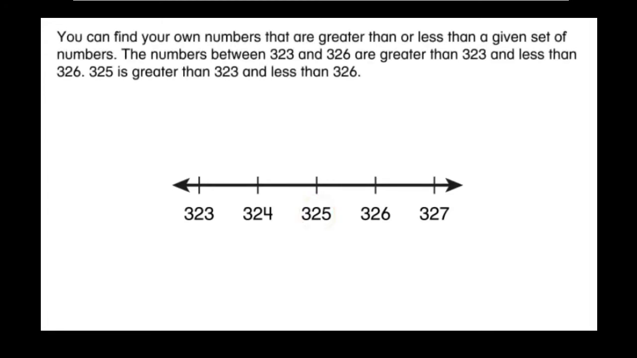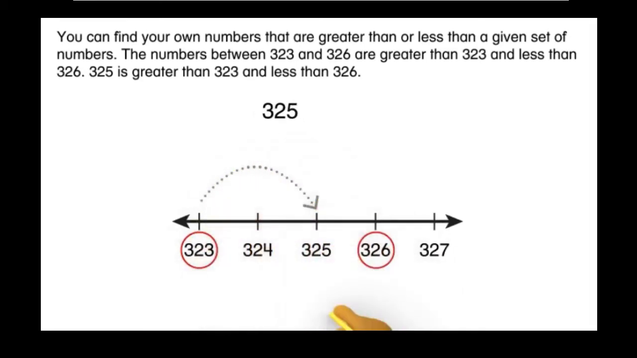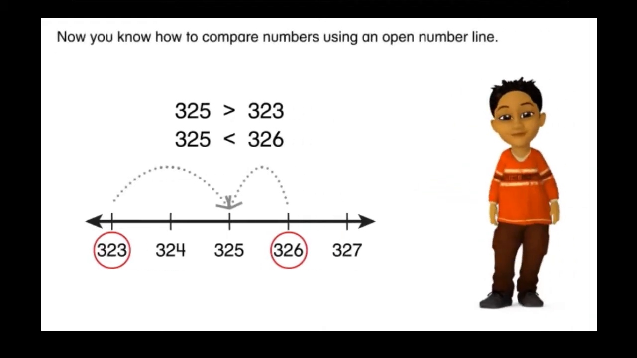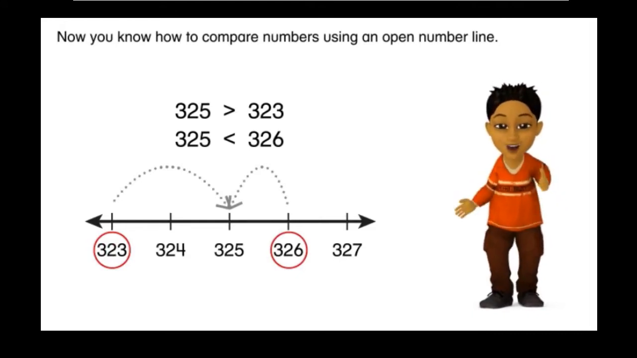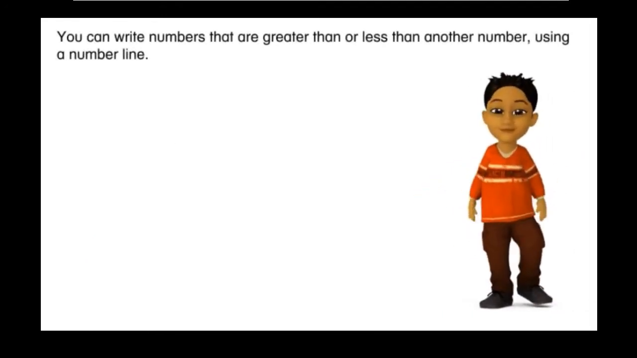You can find your own numbers that are greater than or less than a given set of numbers. The numbers between 323 and 326 are greater than 323 and less than 326. 325 is greater than 323 and less than 326. Now you know how to compare numbers using an open number line. Great job! You can write numbers